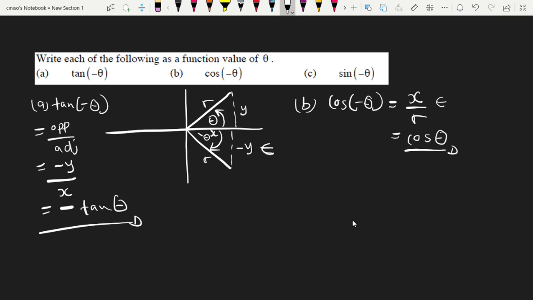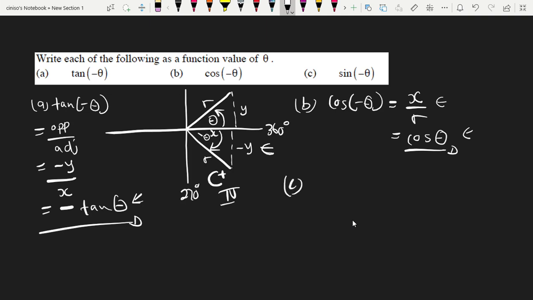This is only true because remember that this is 360 degrees and this is 270 degrees. And this quadrant is the fourth quadrant where only cos is positive. The rest of the trig ratios will be negative. So that is why you see here in your A, your tan is negative, and B, your cos is positive. Because cos lies in the fourth quadrant, that is why we are getting a positive number, or a positive function,